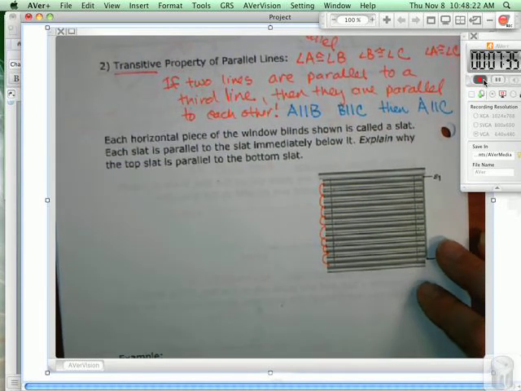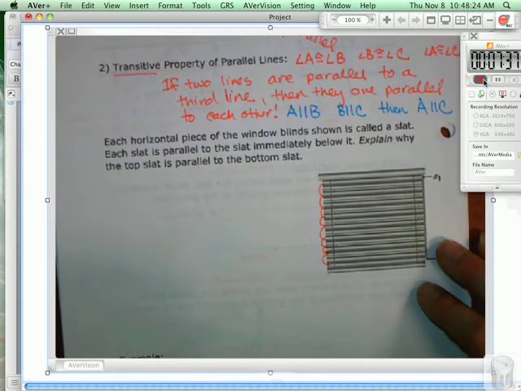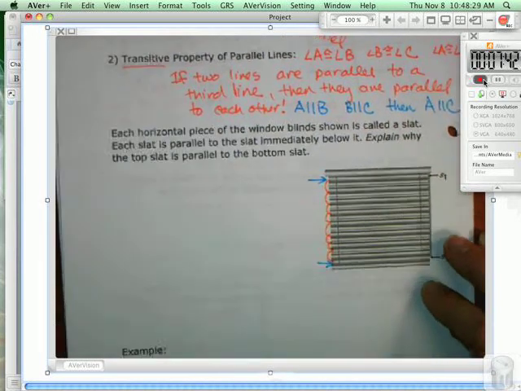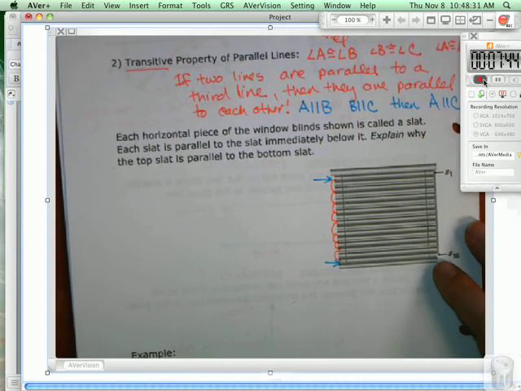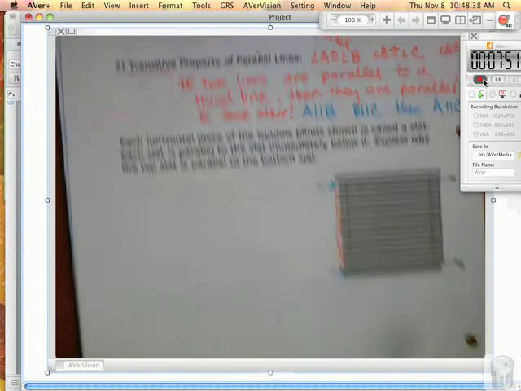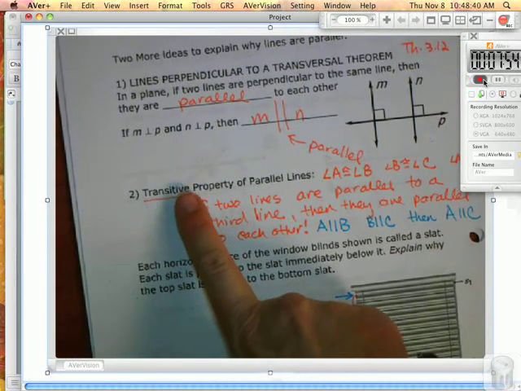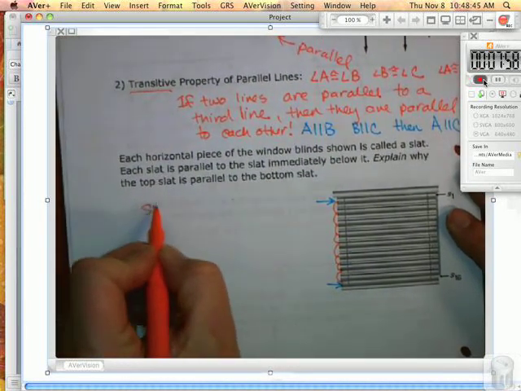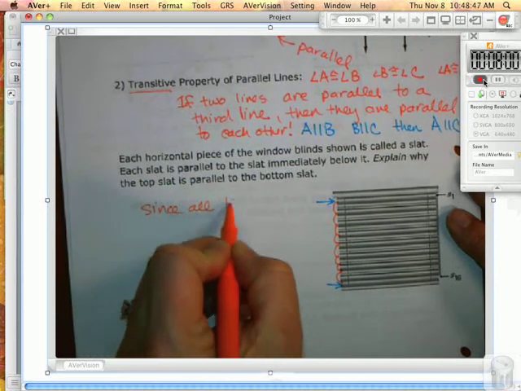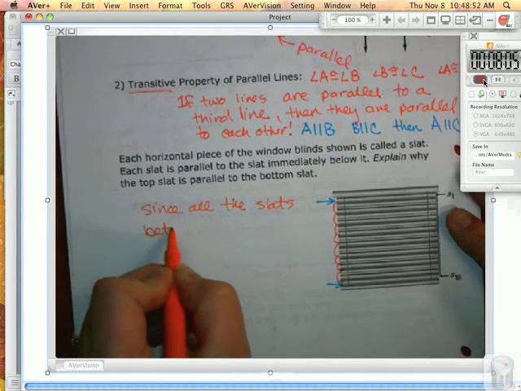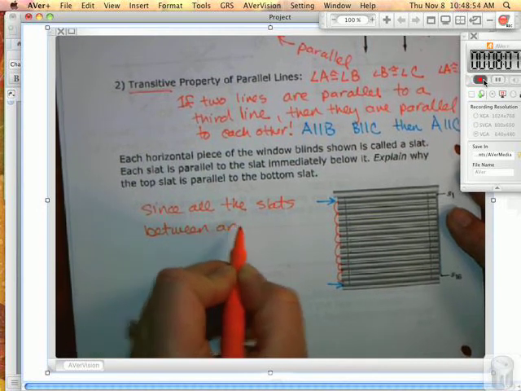So, hey, gentlemen, up here. How can I say then that this top slat is parallel to that slat? What can I use to say that? Who said it? Morgan said it. The transitive property. Okay? Look, since all the slats between are parallel to each other,